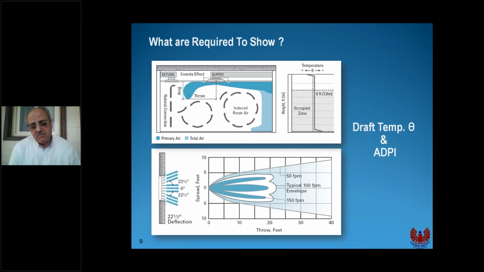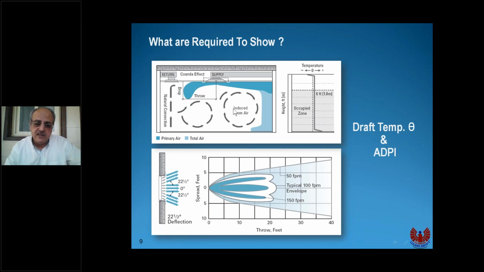What is required to show? We have to go back 20 years ago, 30 years ago, before CFD became a popular solution for the performance-based design or performance-based option. We used analytical solutions before. Okay, we can use similarity principles. We can use the dimensionless group to make the modeling or the simulation. But it's not a simulation and it's not modeling, it's a pure solution.